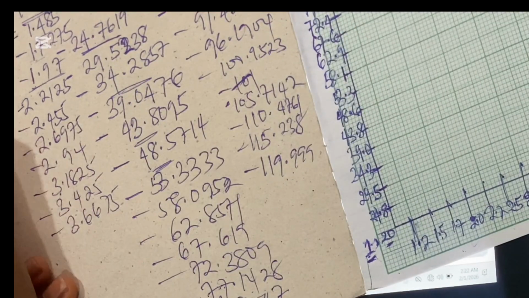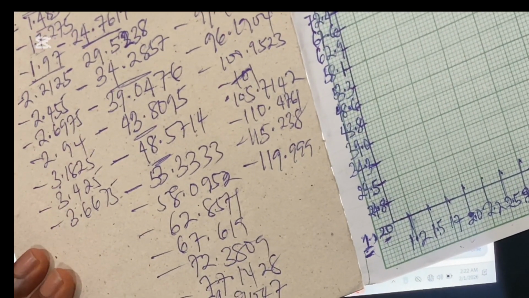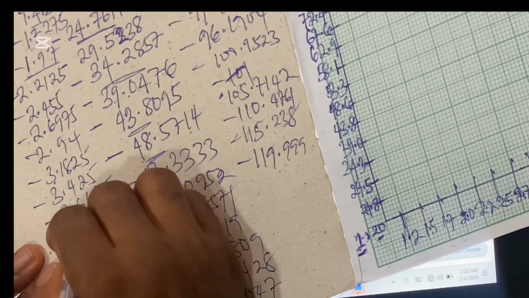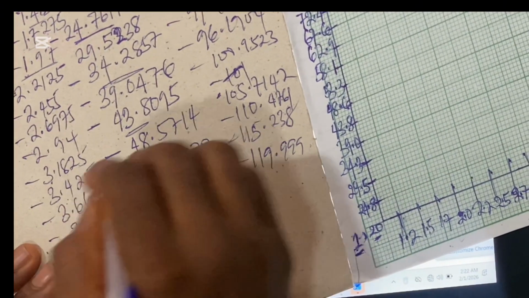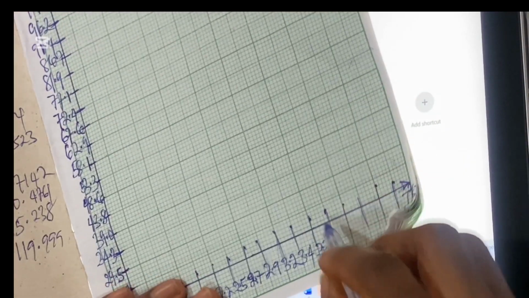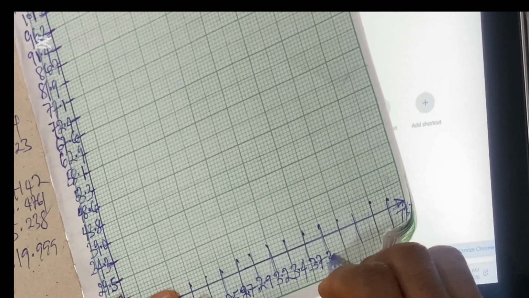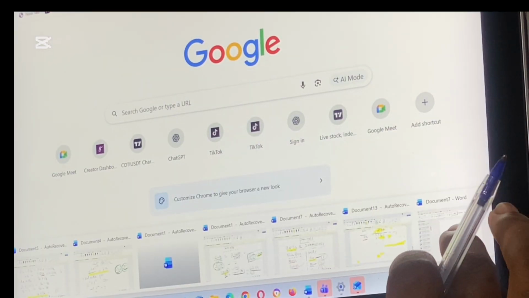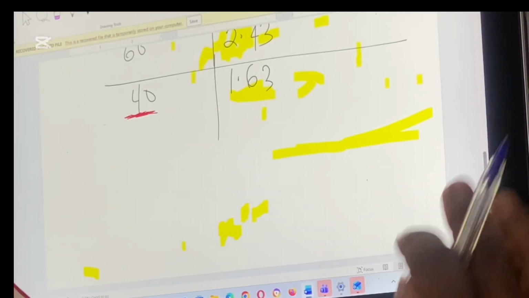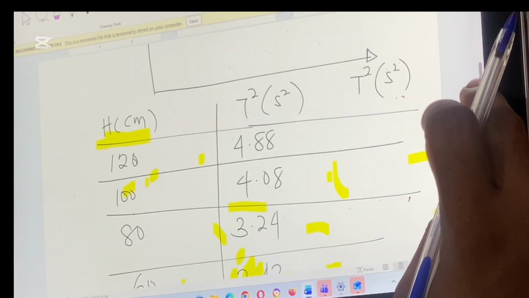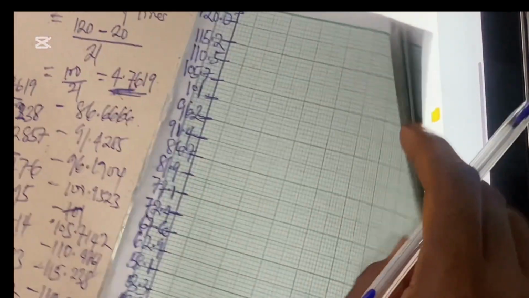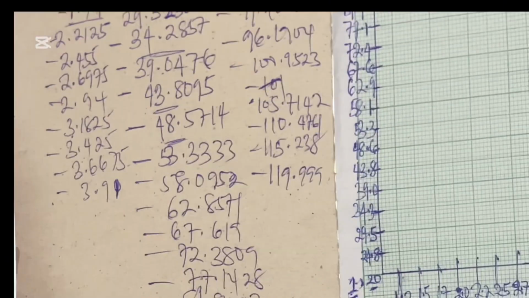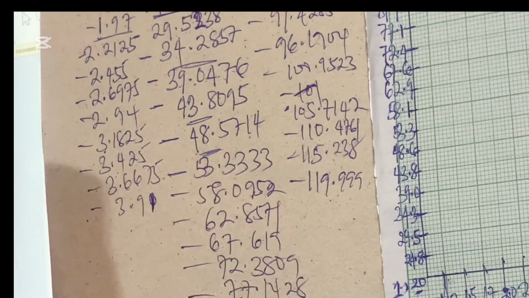Now the next one is 0.2425. The answer is 3.91. Sorry. So I'll have this to be 3.9. Okay. Now the next one, 3.91